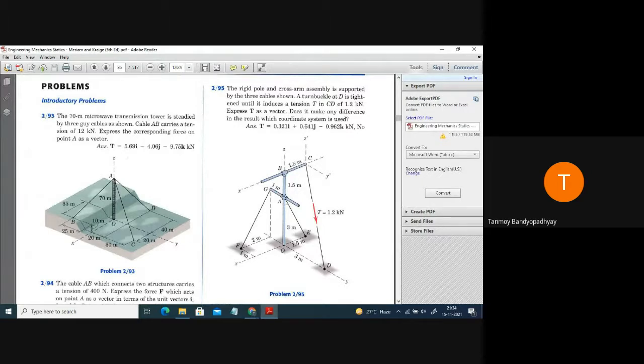In this case, they have mentioned two coordinate systems. One coordinate system is affixed at the point O. So at the point O, you have an XYZ coordinate system of reference. And at the point C, they have attached a different coordinate system of reference, given by, say, X prime, Y prime, Z prime. So that is a different coordinate system that has been referred. They just need us to express T as a vector.